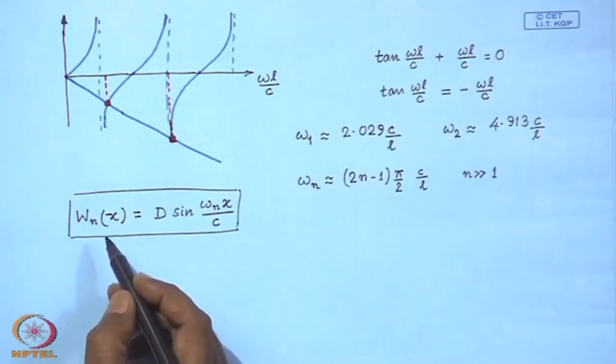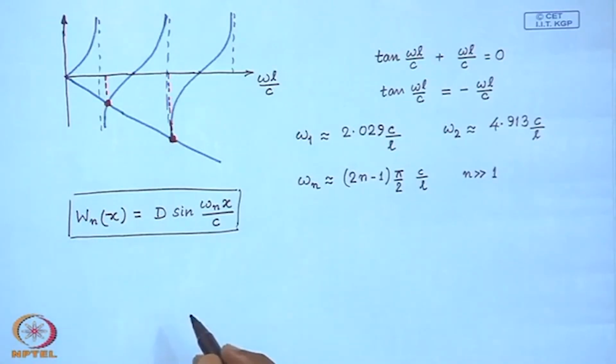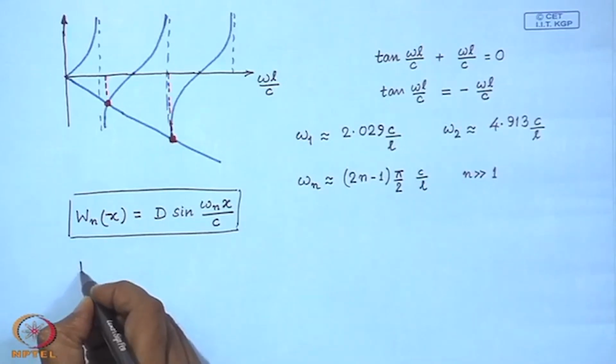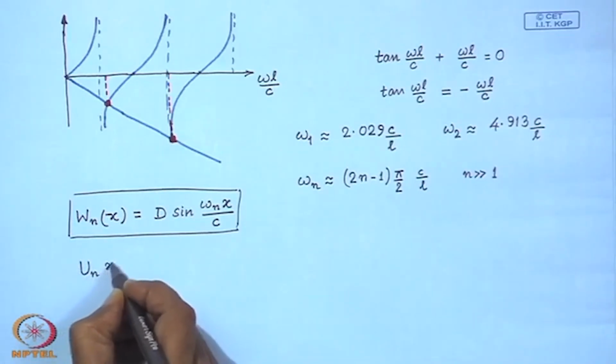Now, we can go back to our original variable u and write the eigenfunctions